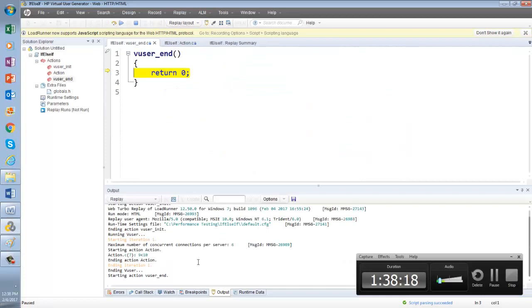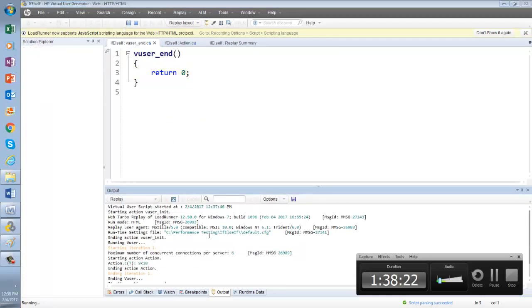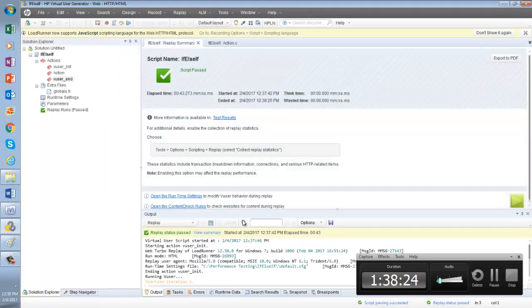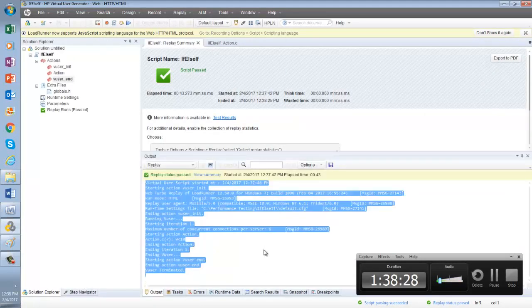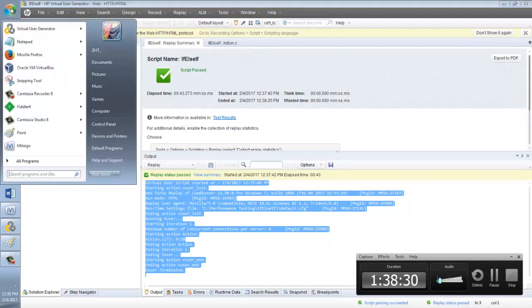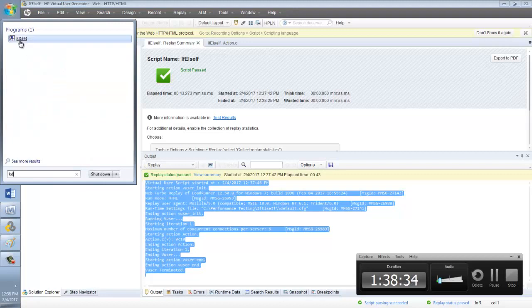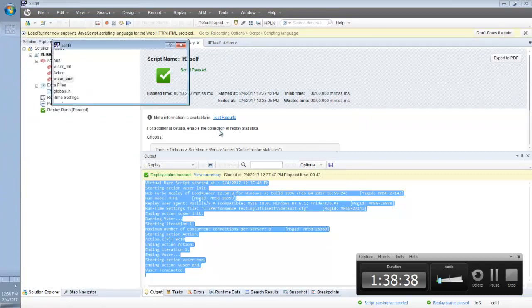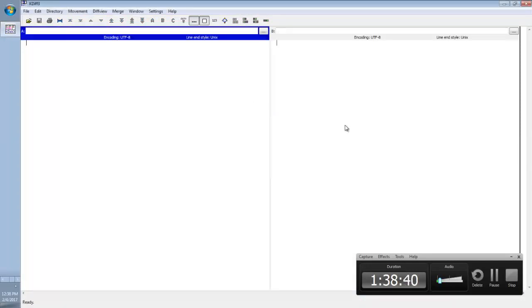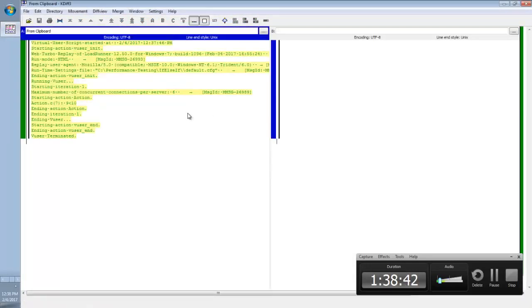Okay, hold on. Now let me do one thing here. Let me copy this output. So what is the output that we get? This is the output that we get. Copy it. And let me see if I have cadif. I have cadif. I'll show you what is cadif. Now I'm pasting it in the left hand side, okay?